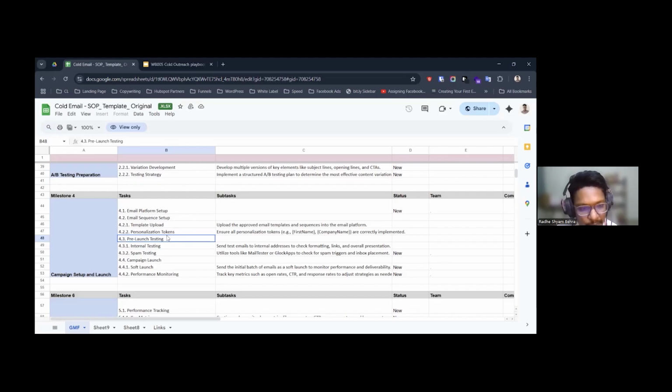Then comes the testing part. Once everything is set up, we test it out internally. We send it to ourselves, our internal teams, and see if the formatting is correct, if the links are working properly, how is the email looking in different devices, how is the overall presentation, and so on. Then we have spam testing. There are two